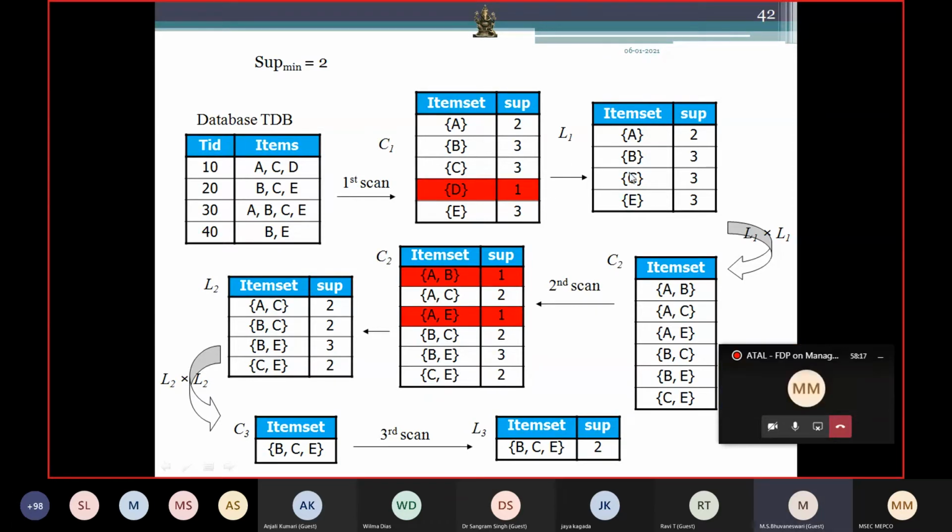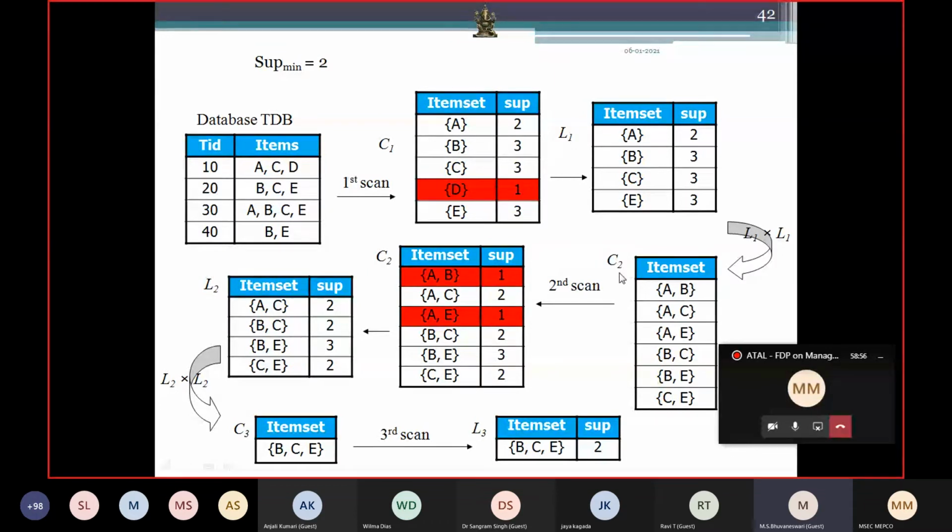This is L1, it represents the frequent one-length item sets. Frequent means it must be above the threshold. So here A, B, C, E are generated. Then for generating the candidates, candidate means I can't say it is a frequent item set, right? I'm going to generate only the candidates. So L1 will be combined with L1 itself: AB, AC, AE, BC, BE, CE. All these combinations we have to find. That is going to be candidate 2.